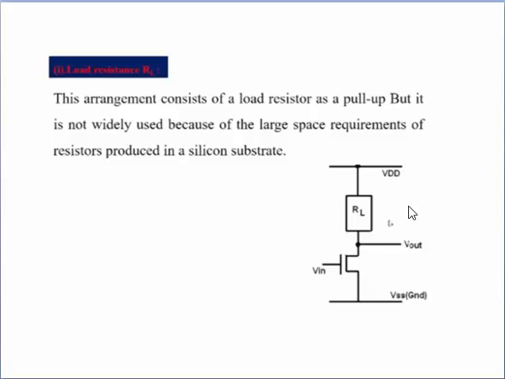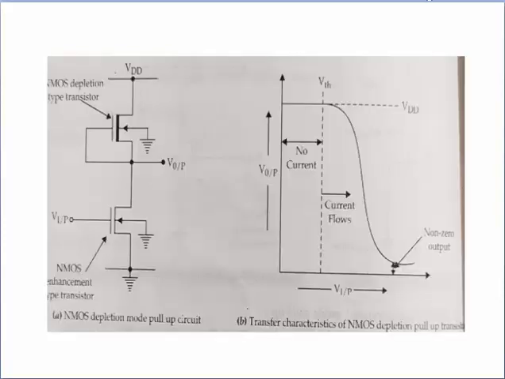So the next circuit we have is the NMOS depletion mode transistor pull-up. That means in the CMOS inverter, in the pull-up part, I have an NMOS depletion mode transistor. If we use a depletion mode NMOS transistor, then how are the characteristics going to be affected? This arrangement has one NMOS depletion mode transistor at the pull-up network and one NMOS enhancement type transistor at the